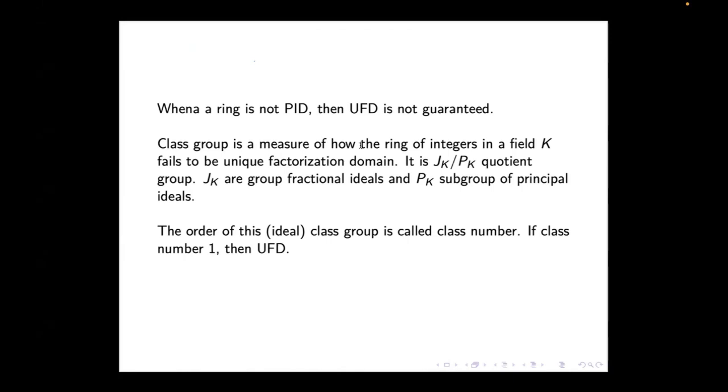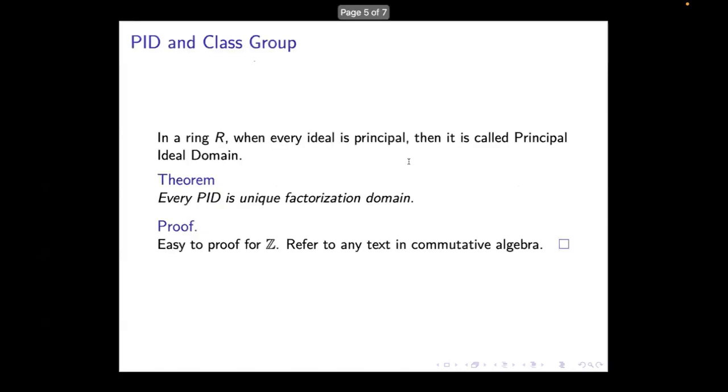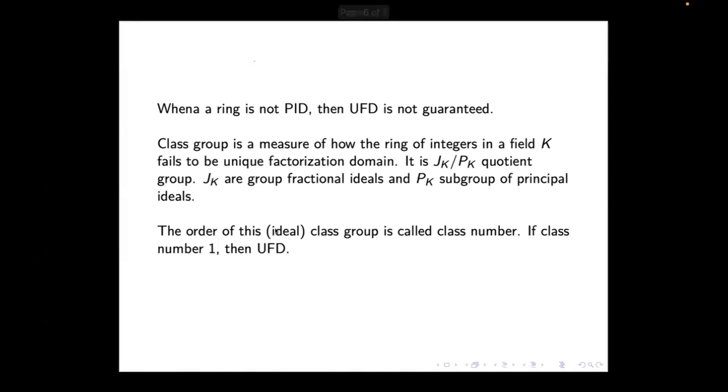So what the class group does is that it measures how the ring of integers in a field K, okay, wow, these are heavy words, but every field has a ring of integers associated with it. Let's just take this as a fact. You may inquire about this later. Integers, this is Z, and a ring of integers is always associated with a field. Anyway, the class group tells you how the ring of integers in a field K